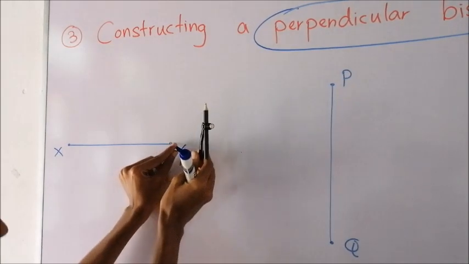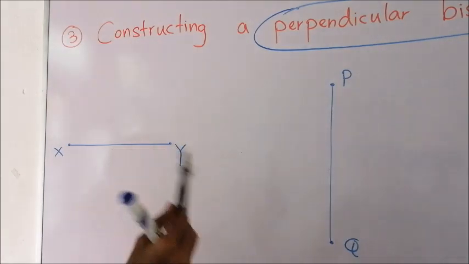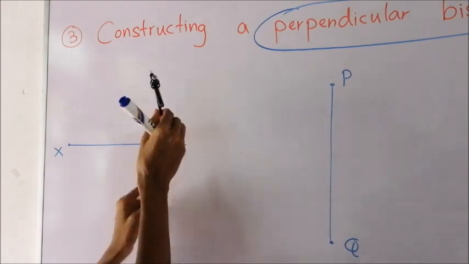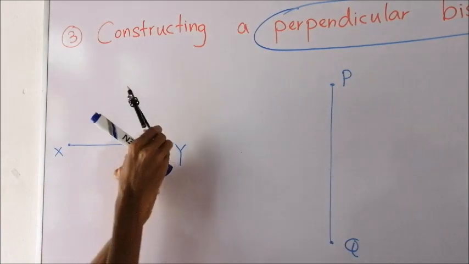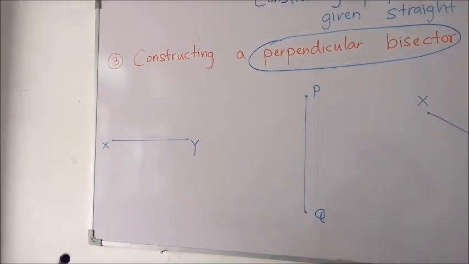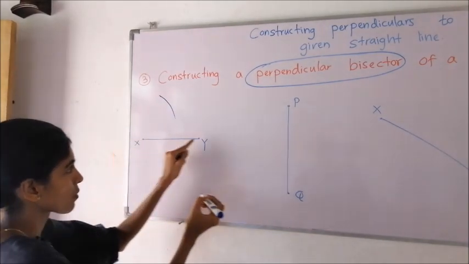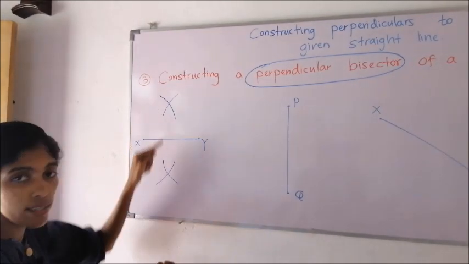Keep the middle point at the other end point. Draw another 2 arcs up and down as if to cut the previous 2 arcs you drew, or else a full arc from this point. One full arc from this point, another full arc. Okay, likewise even you can do. Here I am doing that. Keeping the middle point here, up and down. Go to this point, up and down. Now we can see those 2 are intersected.